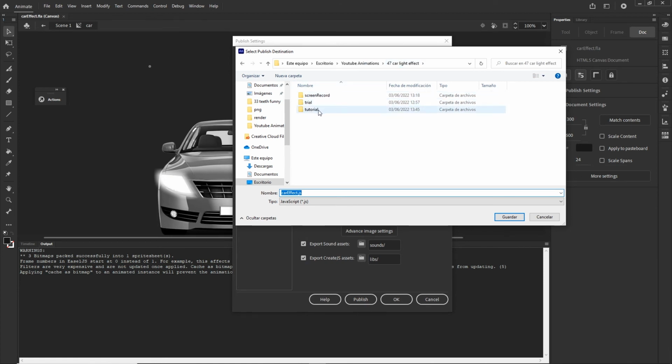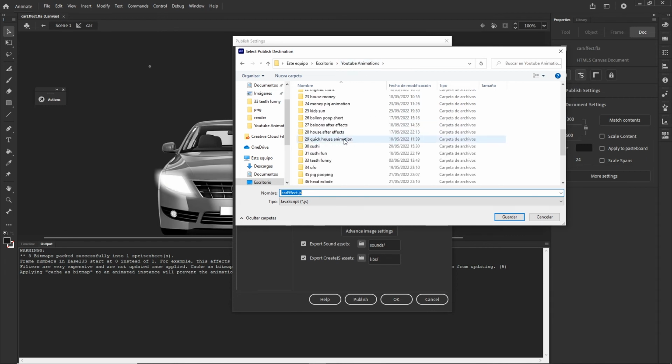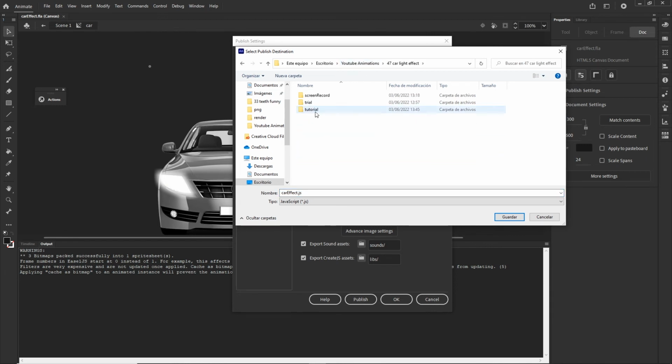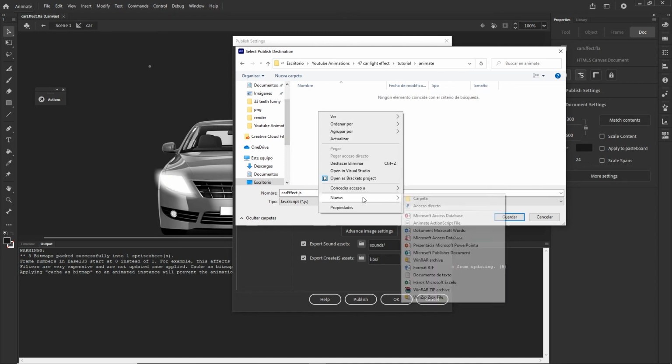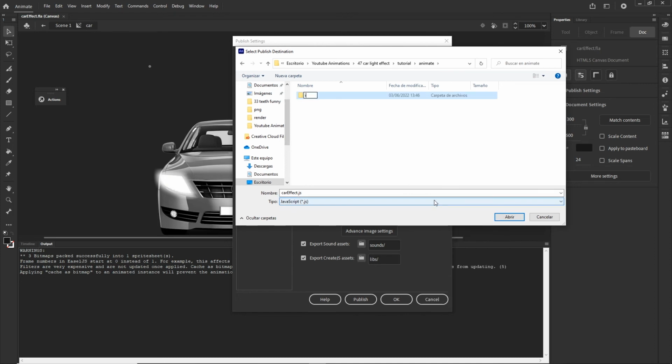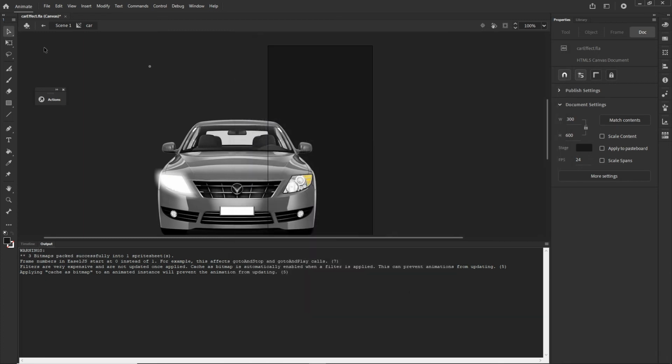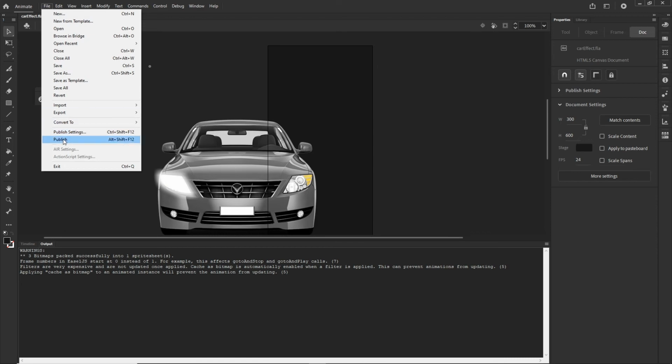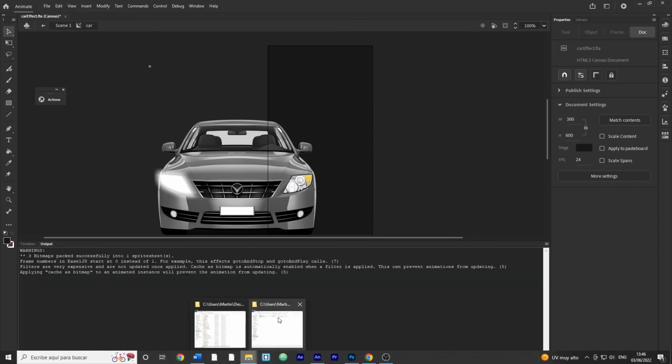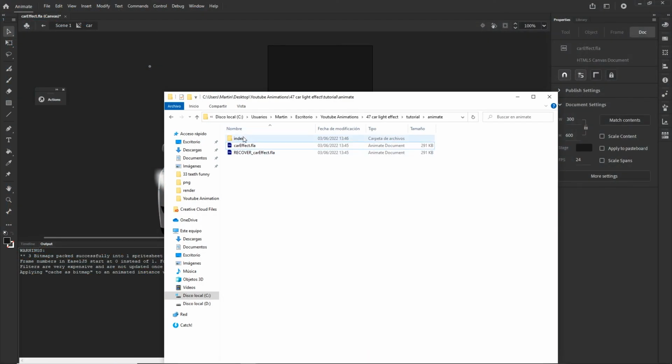So it is going to be, let me make sure that I am correct. Yes, so in here where I have my animate file, I'm going to create a new document which I'm going to call index, and I will go inside of this index and I will call this one to be index. That's not necessary, but I'm used to calling it like that. I will hit save, I will hit OK, and I will go to File and I'm going to hit publish. And right now we are going to have here index, and we are going to have JavaScript, HTML and